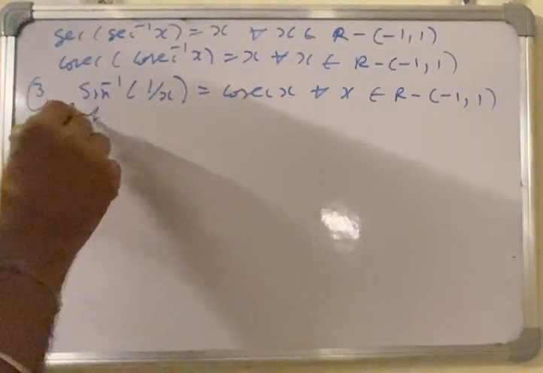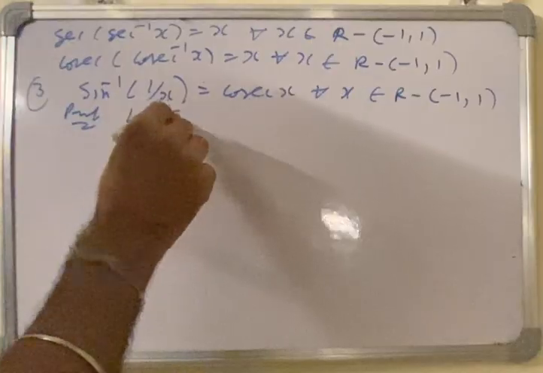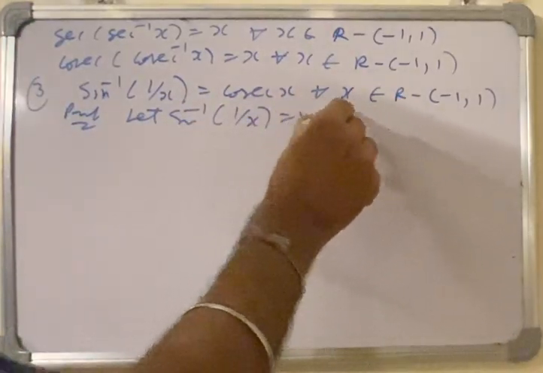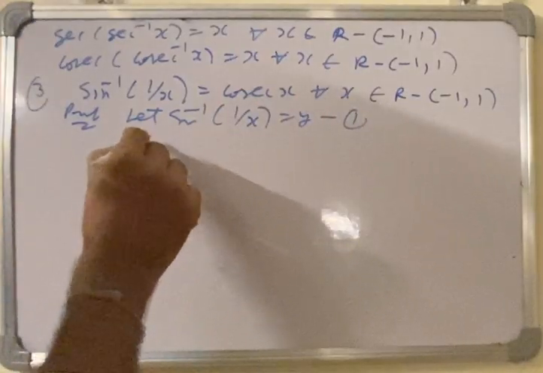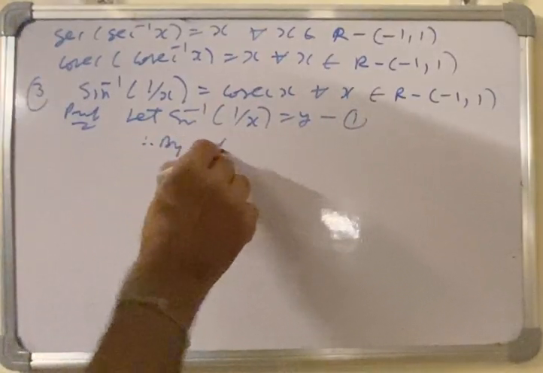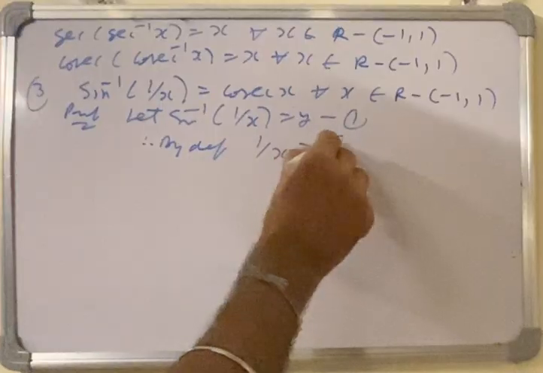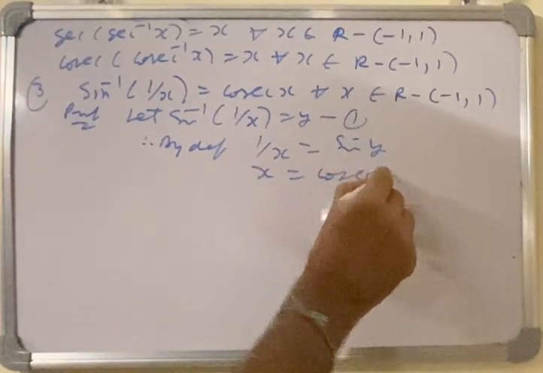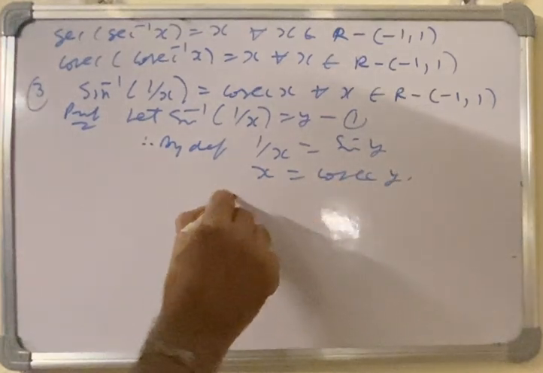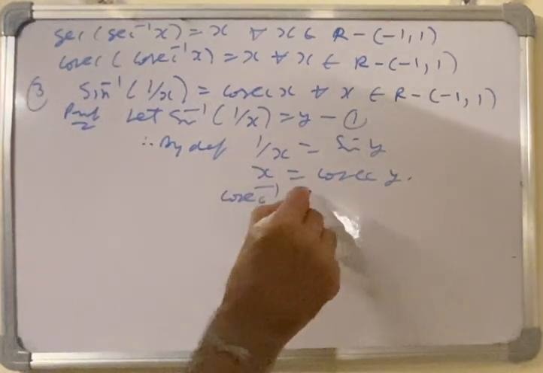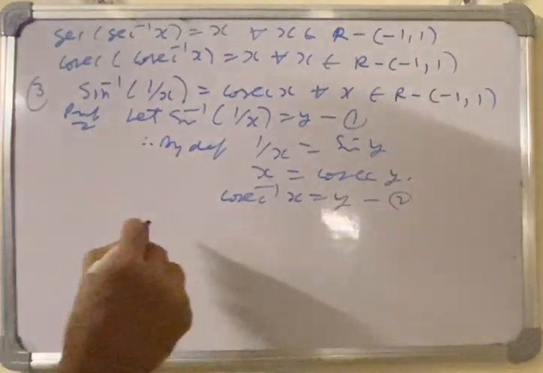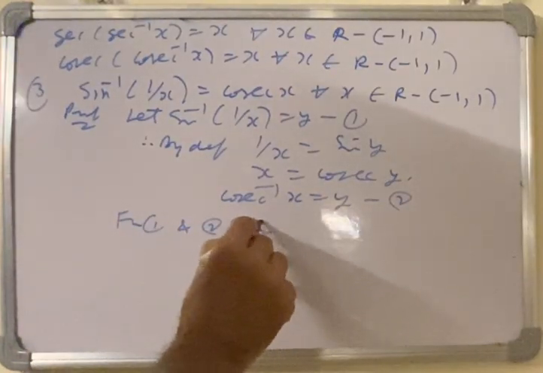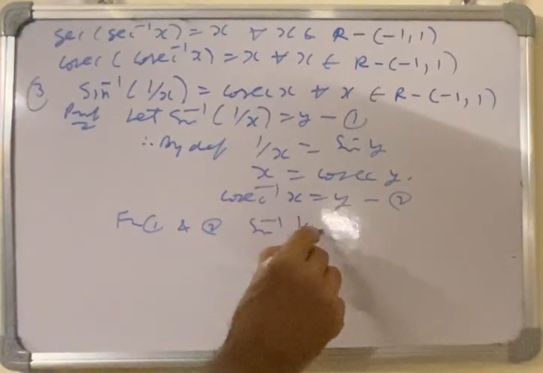Proof: let sine inverse 1 over x is equal to y, this is number 1. By definition, 1 over x is sine y, x is cosecant y, again by definition cosecant inverse x is equal to y. This is second. From first and second, sine inverse 1 over x is equal to